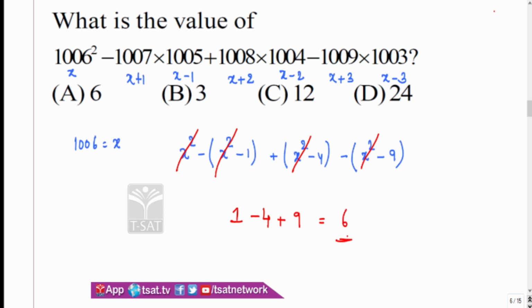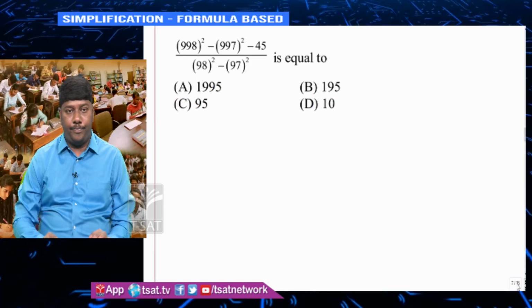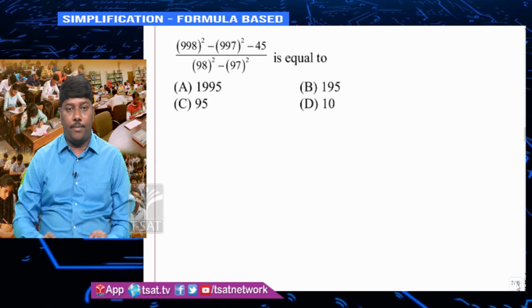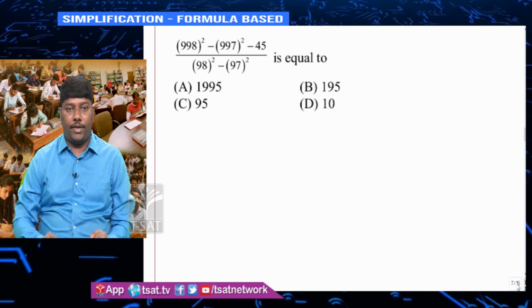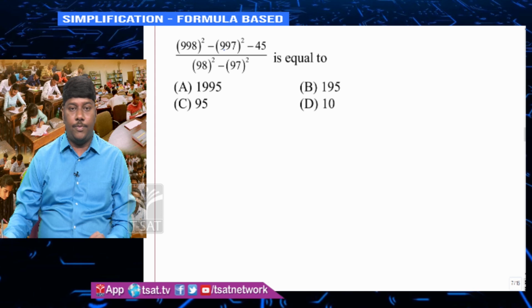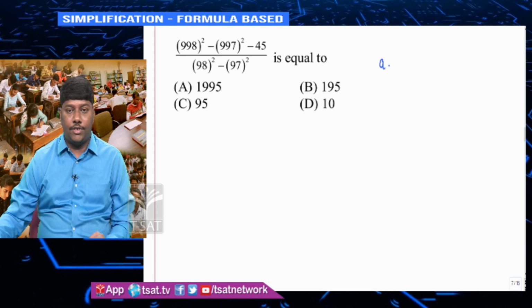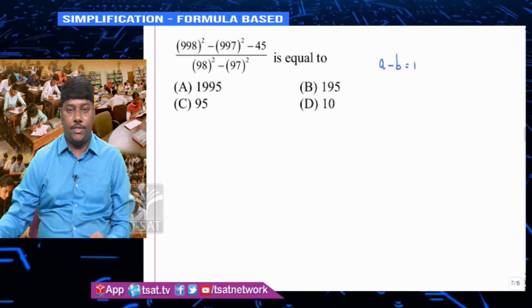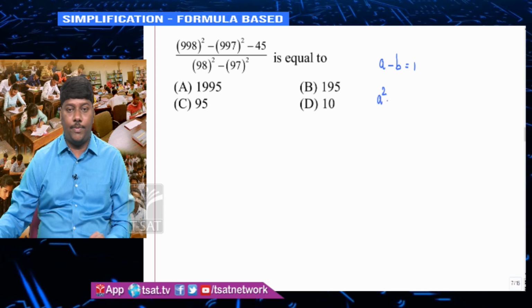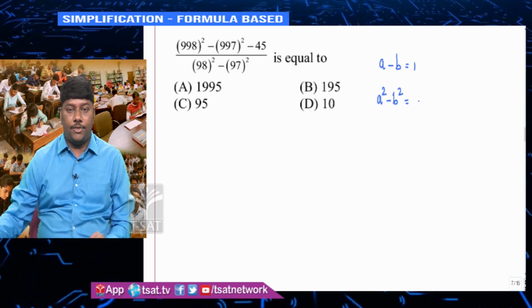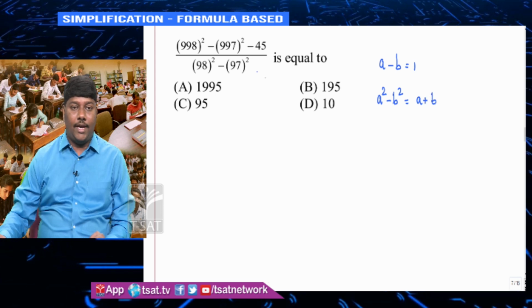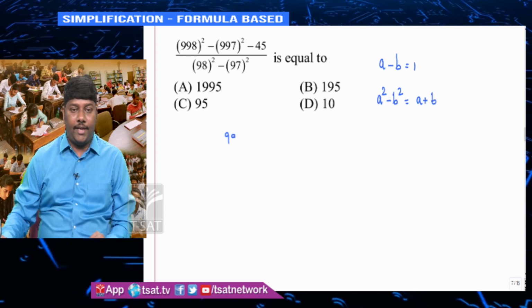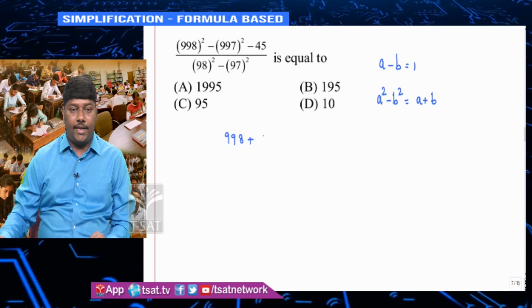So if you know the application of the formula, within seconds you can do the problem. But if you go for calculation, it will take more than 3 to 5 minutes. Now look at this here. 998 whole square minus 997 square minus 45. It is in the form of a square minus b square, where a minus b equals 1. When a minus b equals 1, we know a square minus b square equals a plus b. Therefore, I can write the numerator as 998 plus 997